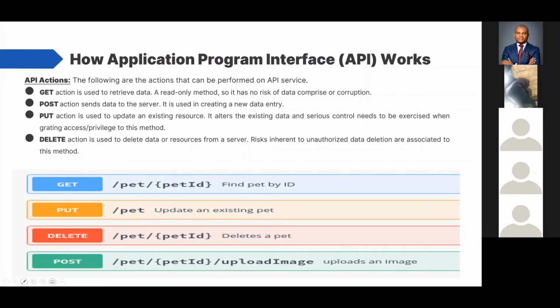Then we have the post, which is one of the most vulnerable. As you can see, post is used in uploading documents, images, and file types of different kinds that are accepted, which means it is possible for a malicious user to upload malicious content and scripts to bring down a whole organization's system or to cause a service availability issue, amongst other issues that can arise. So I'm very sure that other parts of this presentation